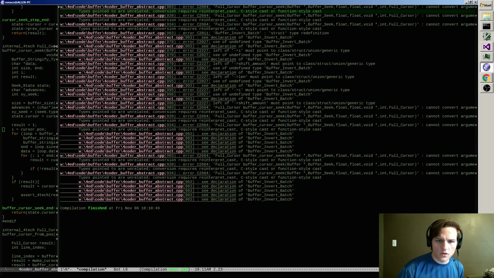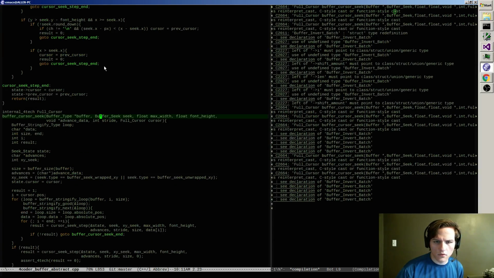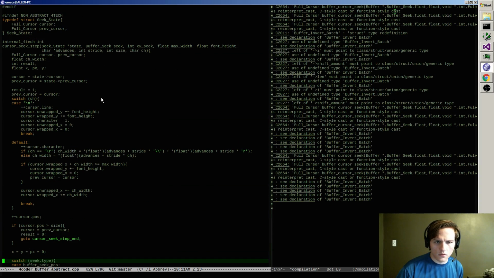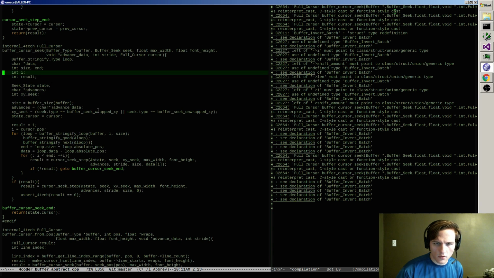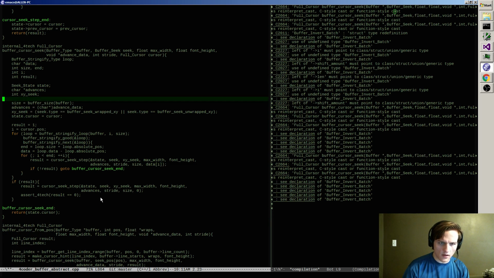Yeah, but why don't you have an overload for that? Cursor seek step is not the problem. Oh, this shouldn't be inside of the non-abstract section.